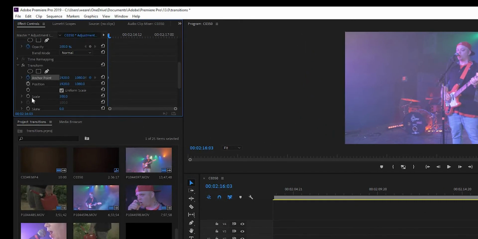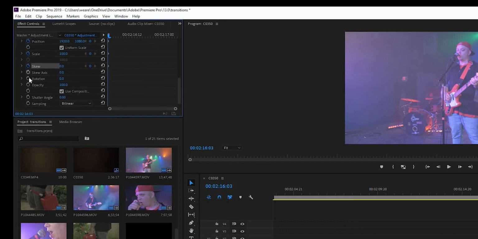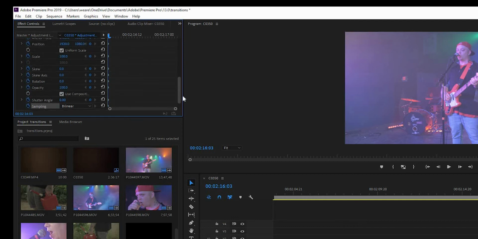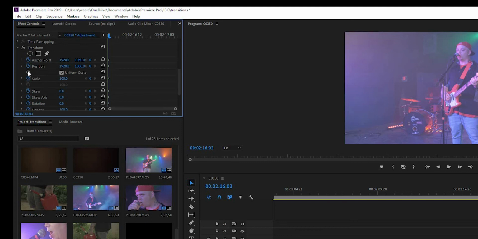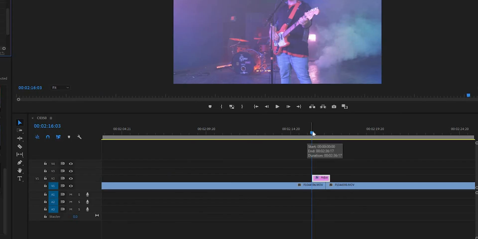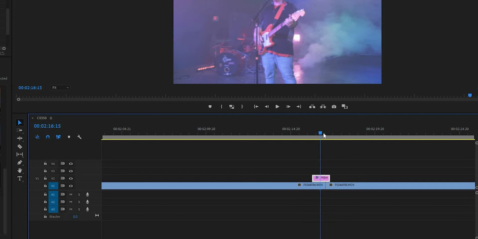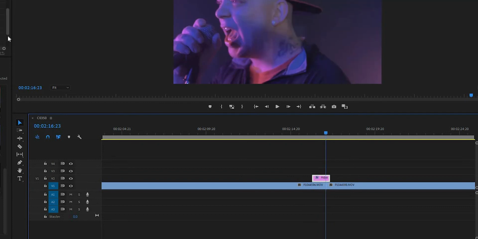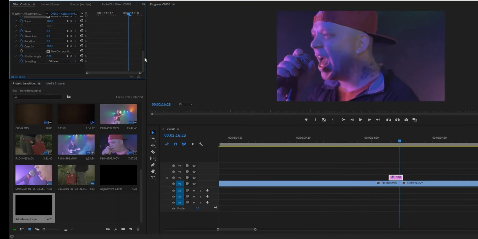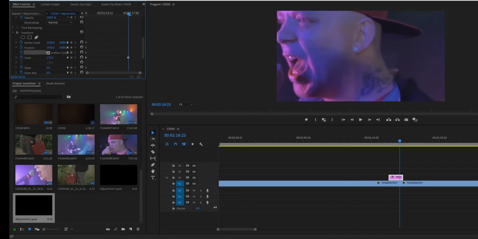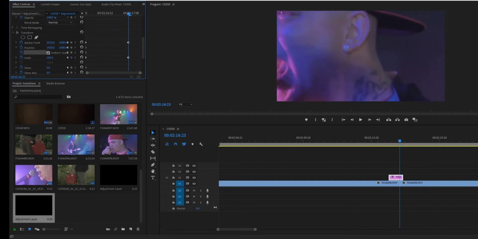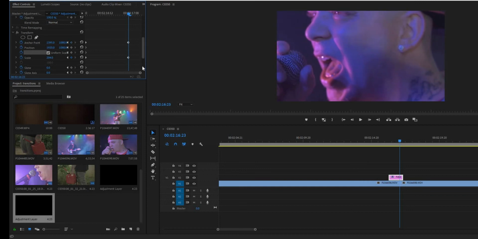So first we set keyframes. I like to just set keyframes to all of it. I don't care if I use it or not. So I started at the very beginning of our adjustment layer. And I will go to the end of the clip here, and I will just zoom it in, move it around